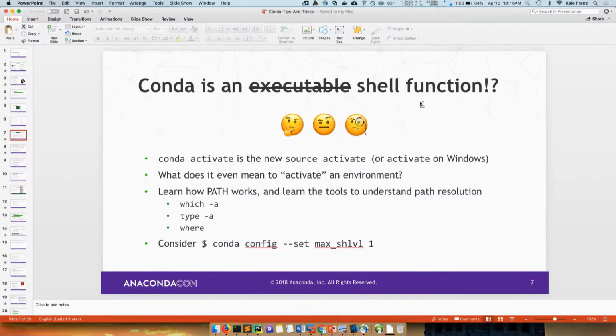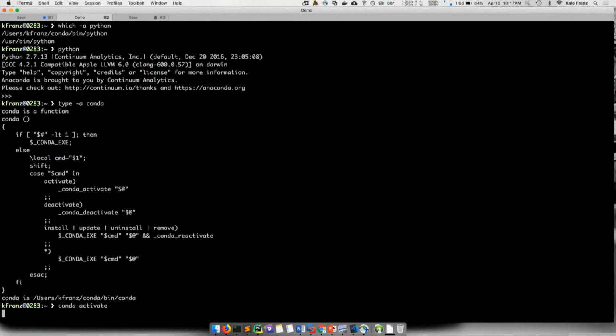But the important thing is conda is a shell function because we added a new feature where conda activate is a command now. And no more source activate, or if you're on Windows, then use activate. But if you're on Windows in Bash shell, use source activate again. So conda activate is a legit command, and conda deactivate. And so if I conda activate, I've got, we renamed it to base.